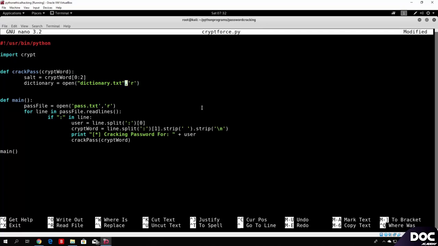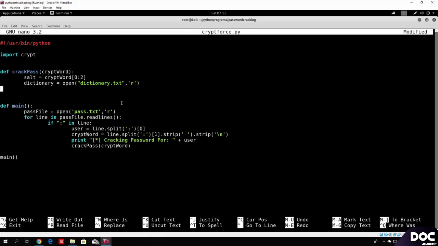So we opened our dictionary, and what we want to do for every word in this dictionary, we actually want to first of all strip it from the new line, as always, and we want to crypt it with this salt right here and compare it to the actual value of the crypted password. So let us do that. So for every word in dictionary dot readlines,